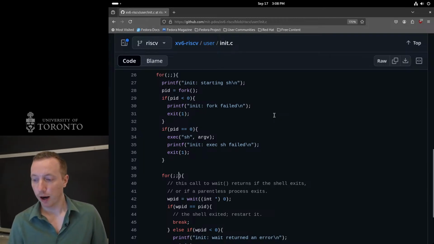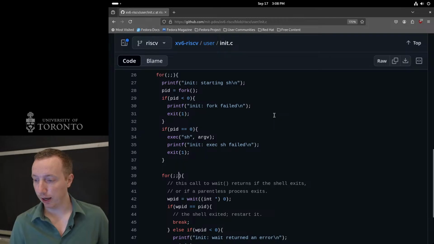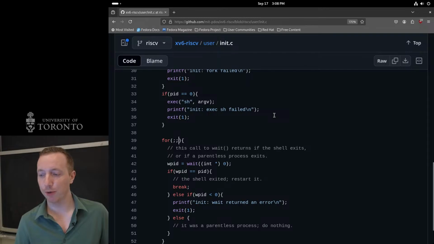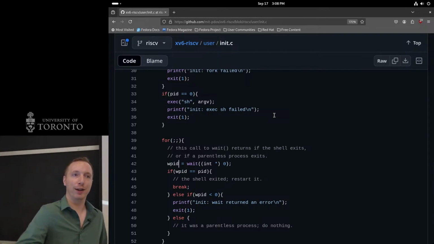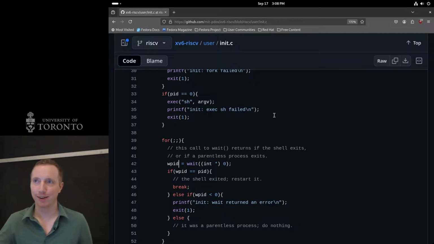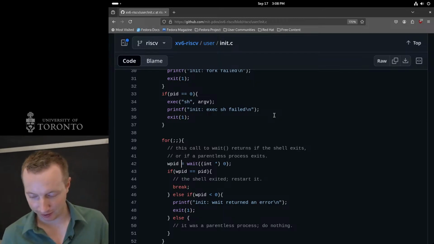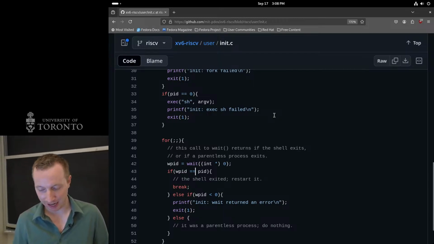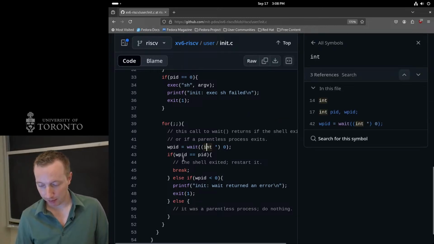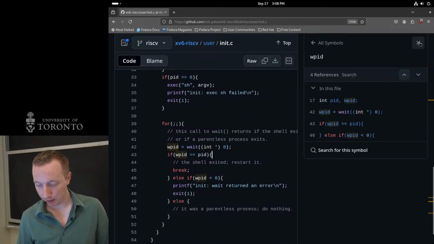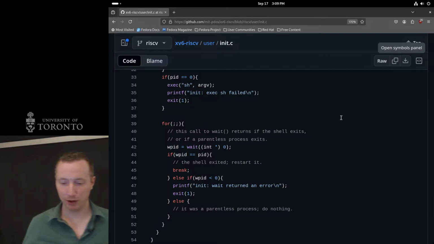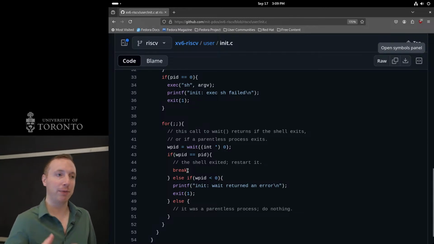Other than that, it just creates a sh process, and then it has another inner infinite loop that just calls wait over and over again. So it's just while true wait. So this is it being that orphanage and cleaning up any zombie children it gets, which would be very weird in any other context. But this, of course, that's exactly the technical term for it. So it cleans them up, and then if wait returns the PID of the process it created, it means the user exited from the shell, and what they do is just do a break and restart the loop and just